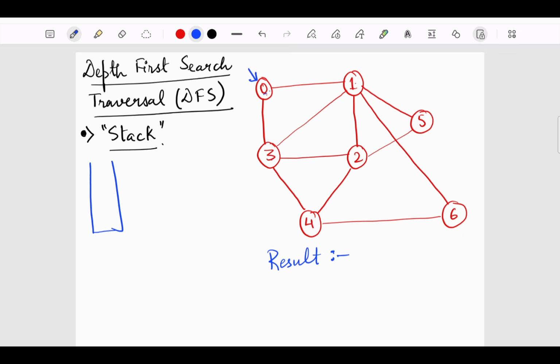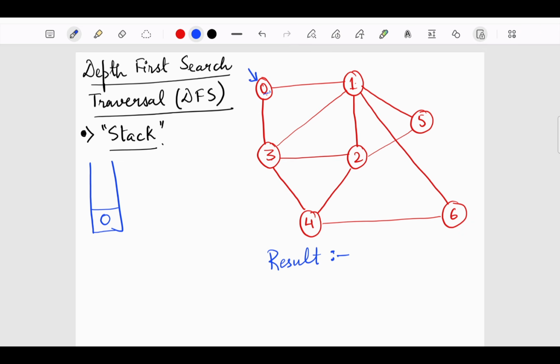So now come let's see how we are going to do it. Since this is the starting node, we are going to insert it into the stack. Now we have inserted the first node in the stack.